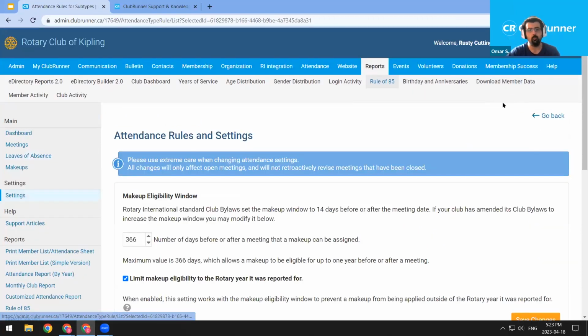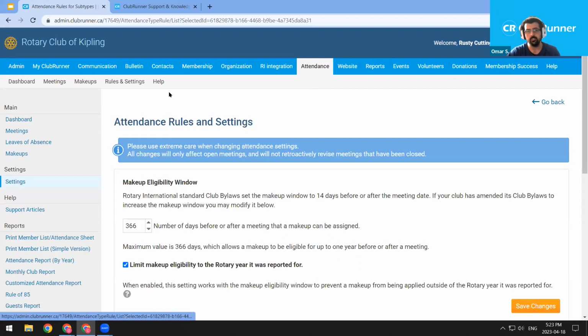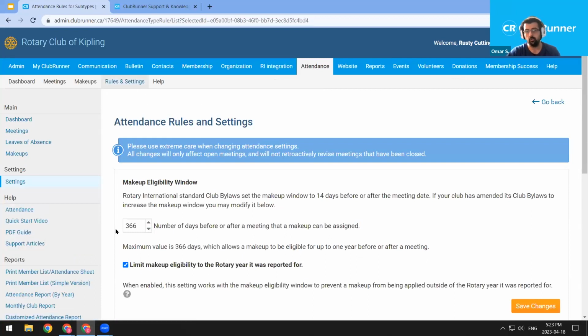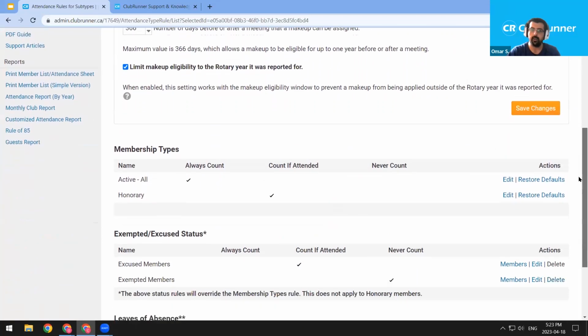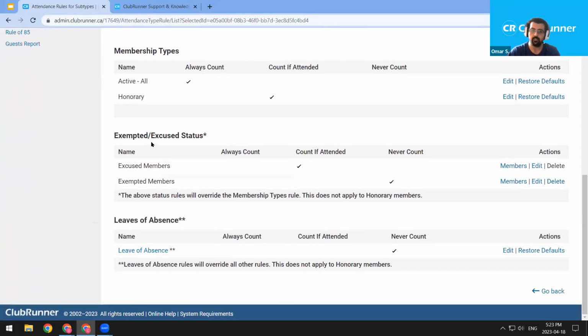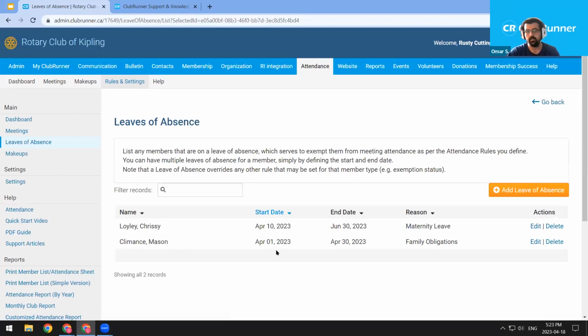I just want to quickly cover where you go to manage those again. So in the top blue bar, we would click attendance, then rules and settings. You'll be brought to this rules and settings page. And if we scroll all the way to the bottom, past membership types, past exempted and excused statuses, here is leave of absences. And we would simply click leave of absence in the left side to open up the current